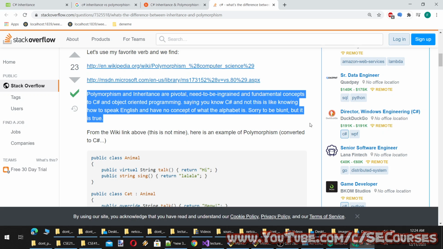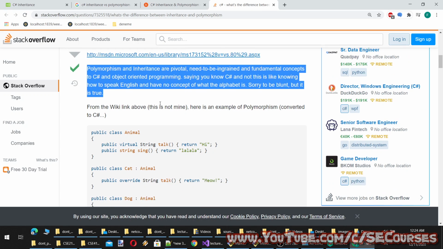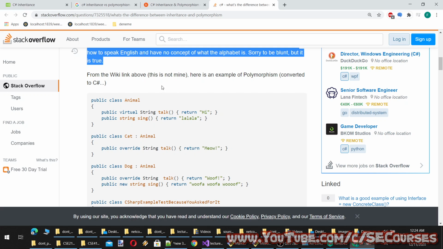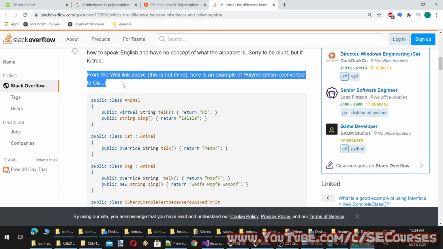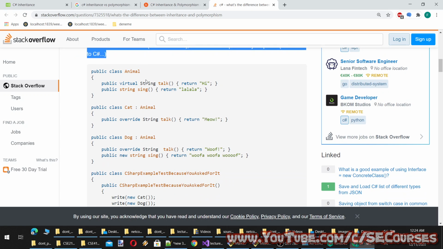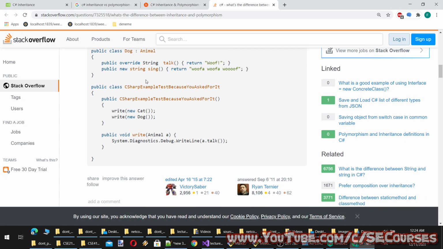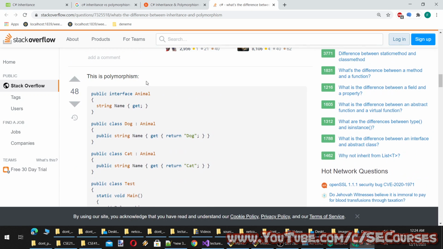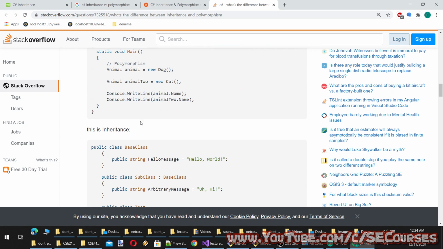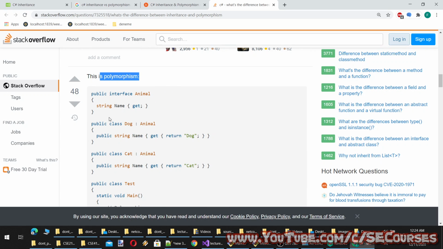Saying you know C# and not this is like knowing how to speak English and having no concept of what the alphabet is. Sorry to be blunt, but it is true. This is polymorphism and this is inheritance. Okay, so